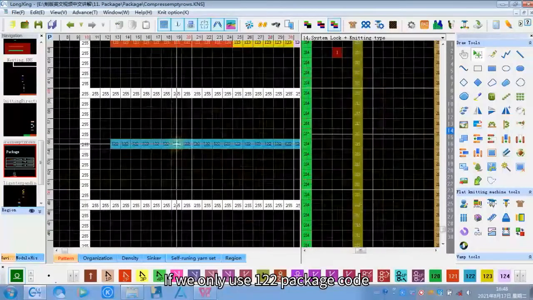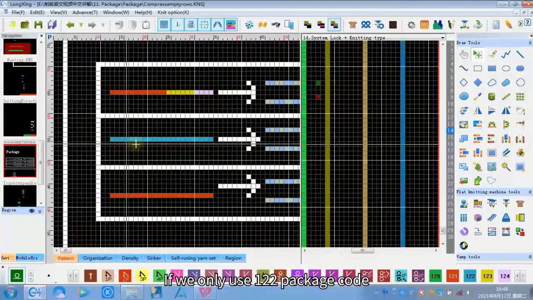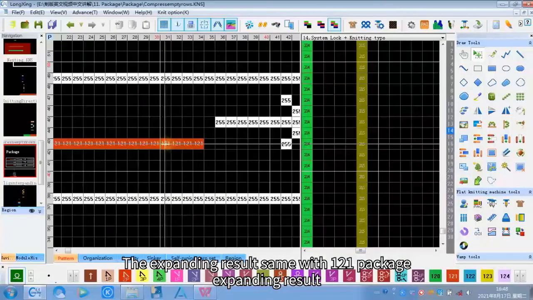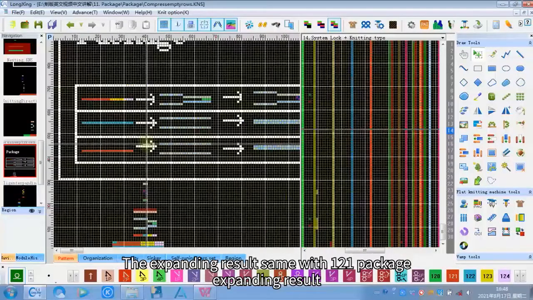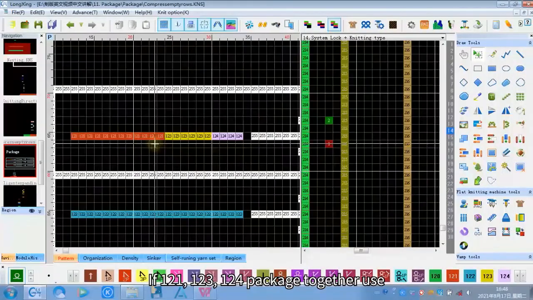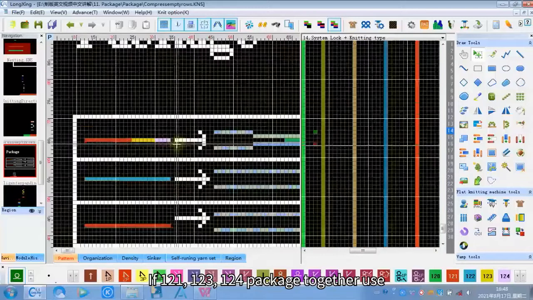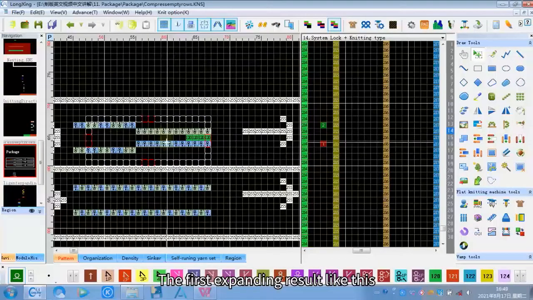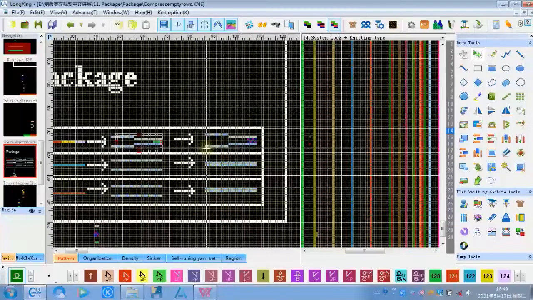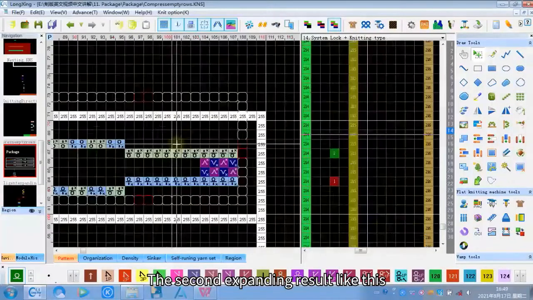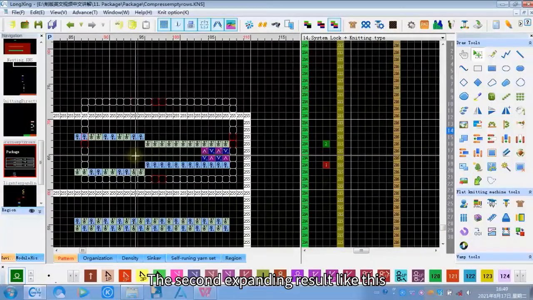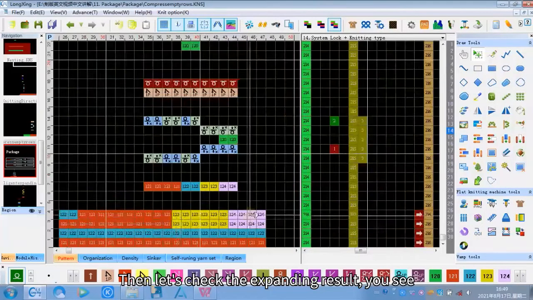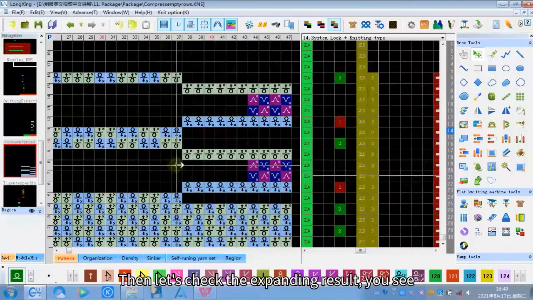If we only use 122 package code, the expanding result is the same as 121 package expanding result. If 121, 123, 124 package are used together, the first expanding result is like this, the second expanding result is like this. Then let's check the expanding result. You see,